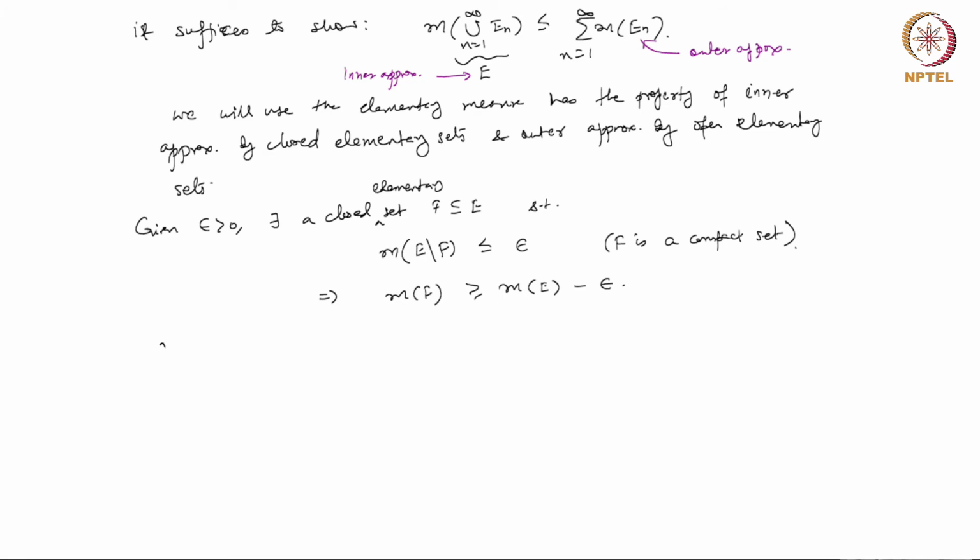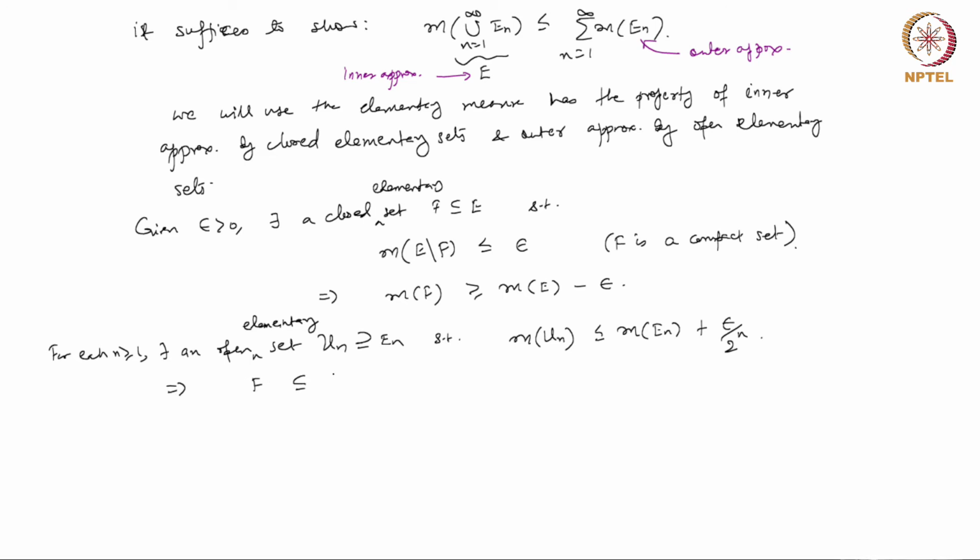On the other hand, for each n greater than or equal to 1, there exists an open elementary set Un containing En. We are only working with elementary sets. So an open elementary set Un containing En such that the measure of Un is less than or equal to the measure of En plus epsilon by 2 to the power n. So again we are going to use the epsilon by 2 to the power n trick, because there is a sum involved. So then this implies that